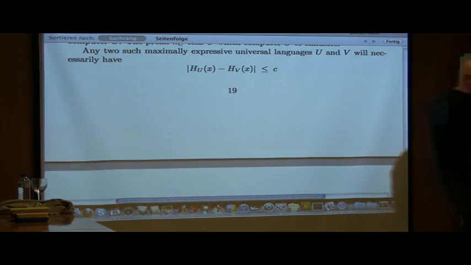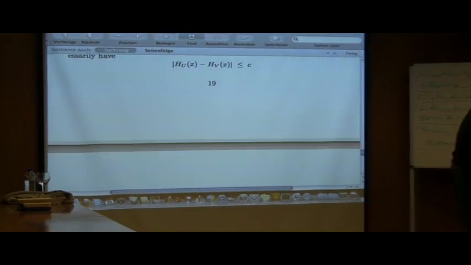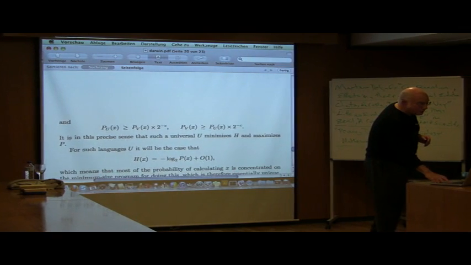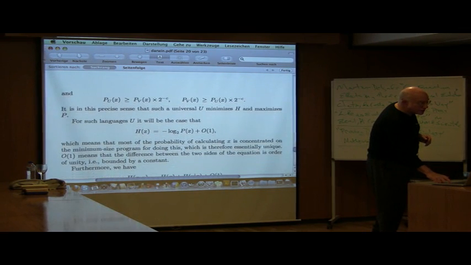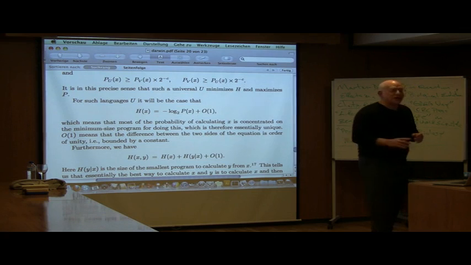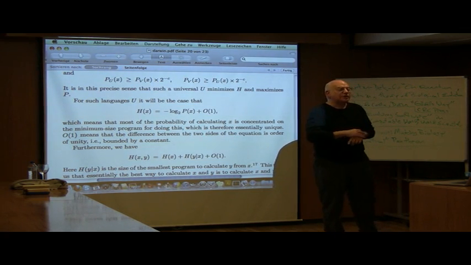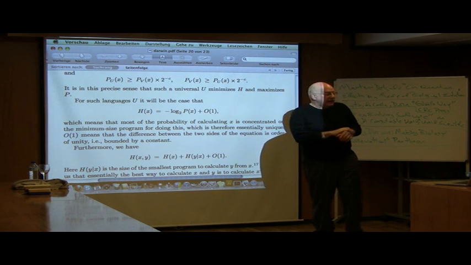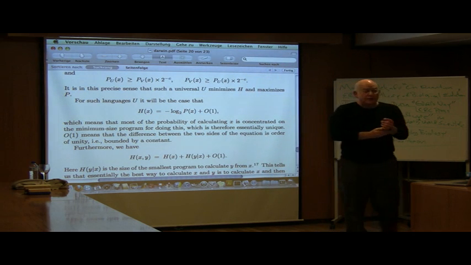Okay, so this is one interesting thing about this. The idea is that what these universal computers give you, which are used to define this theory mathematically, is essentially the most concise programs, as much as that's possible. And I just showed you what the best possible is. Now, if you look at the algorithmic probability,